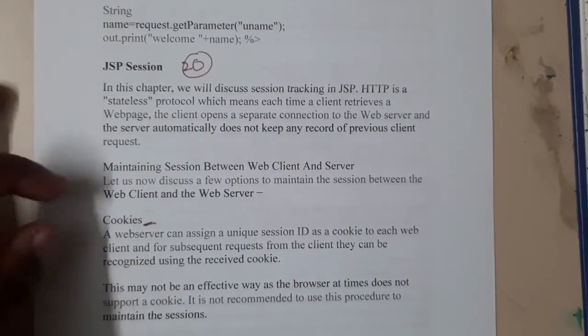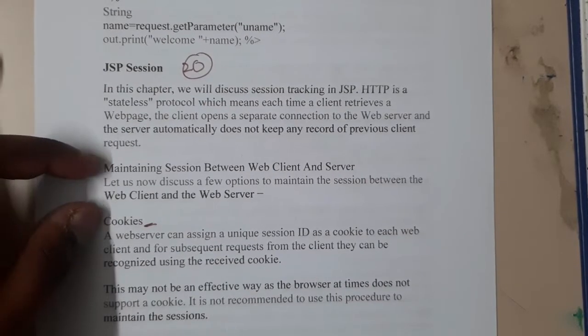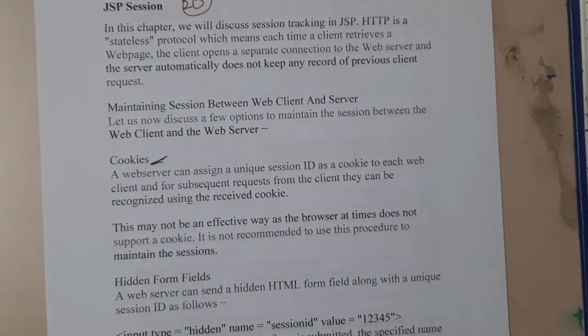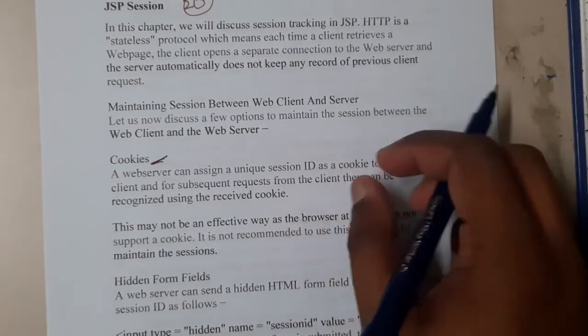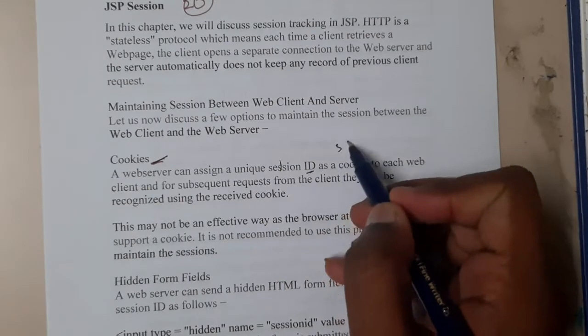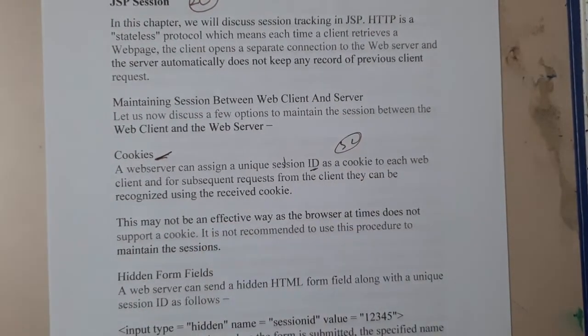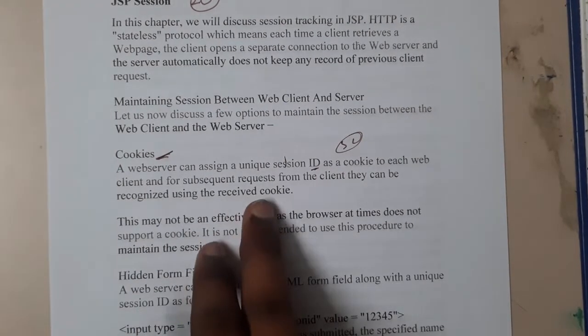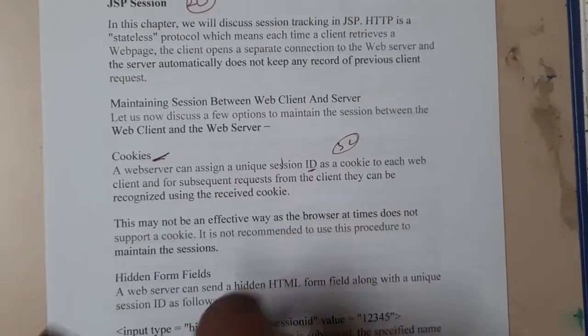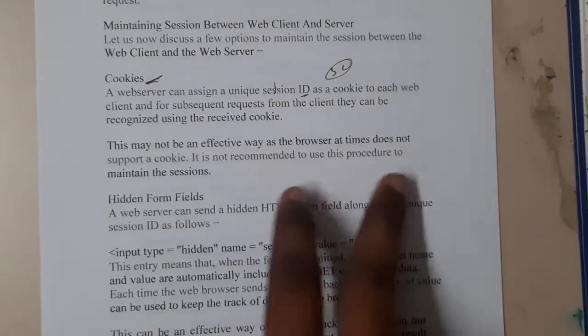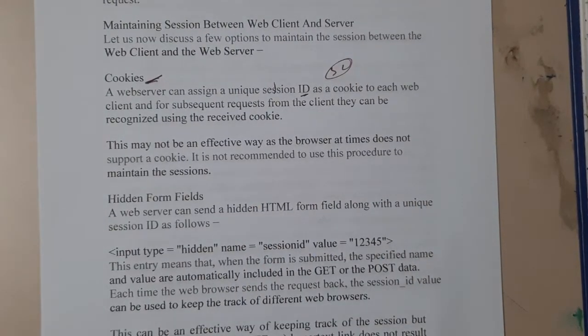Basically, to maintain the sessions, we will be going for cookies. I hope everyone knows how cookies work. We'll be creating a cookie with a unique session ID, a lengthy character string with numericals, that is nothing but 32 bits. Based on that, it will be storing some kind of information on the client system, where there will be no risk, and it will be an advantage for us. Similarly, hidden form fields, guys.